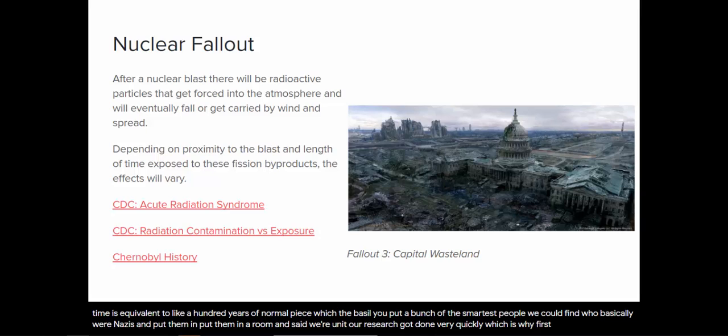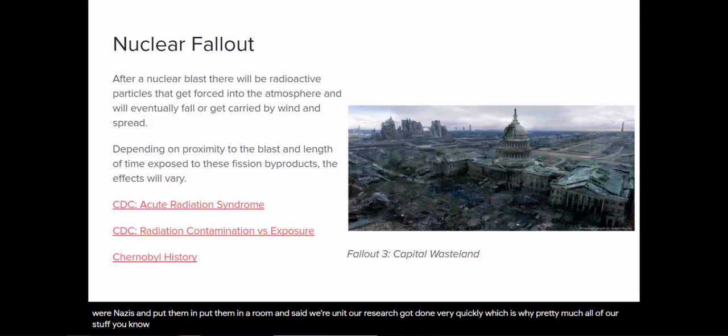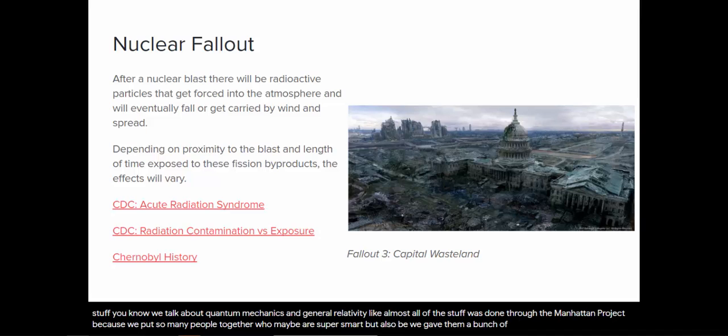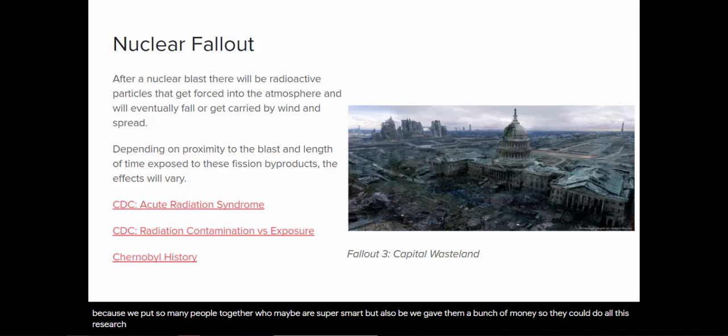Which is why pretty much all of our stuff, you know, we talk about quantum mechanics and general relativity, almost all of it was done through the Manhattan Project because we put so many people together who were super smart, and we also gave them a bunch of money so they could do all of this research and figure this stuff out. Now, if we could just figure out a way to use cold fusion, there you go. It's so easy. So, anyways,